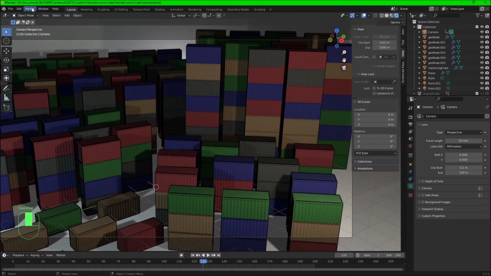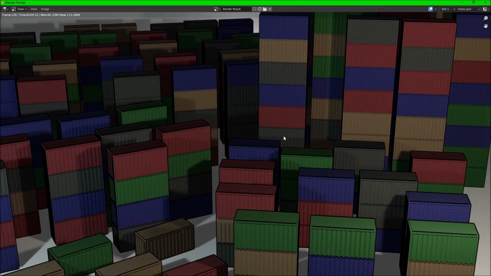You can pause at any time, render a still image, see how you like it,